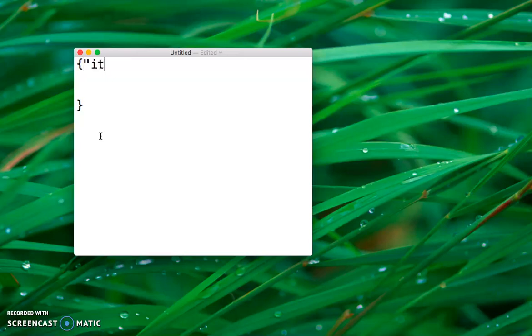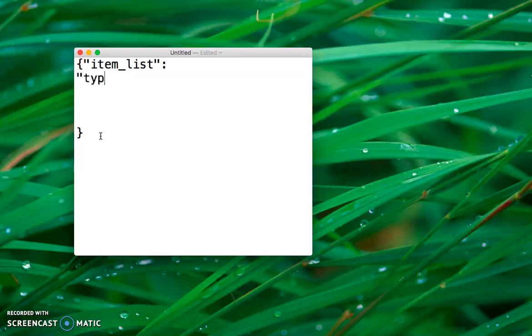So I'm going to start really basic here. I'm going to call this item list. Now you notice that my key, anything that's on the left of the colon, is the key. Anything that's on the right is the value, okay? So my main object here is an item list. And I want to add some, what I'm going to call, metadata to this